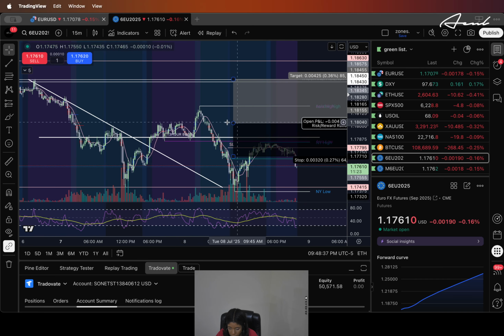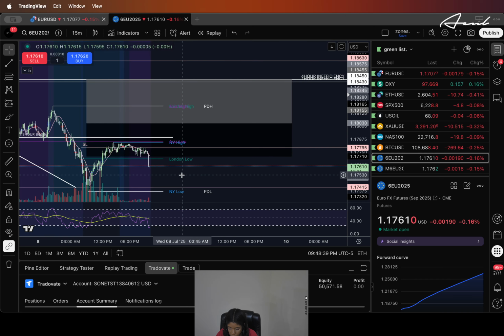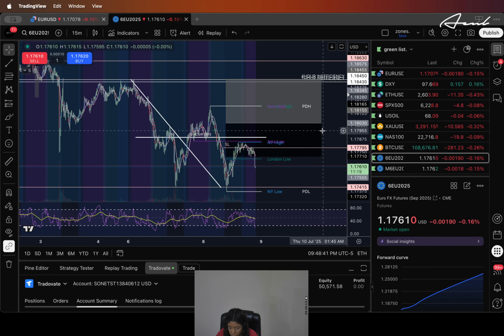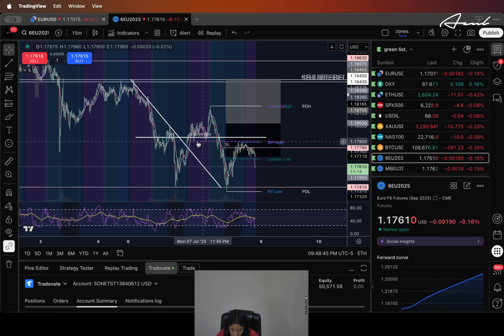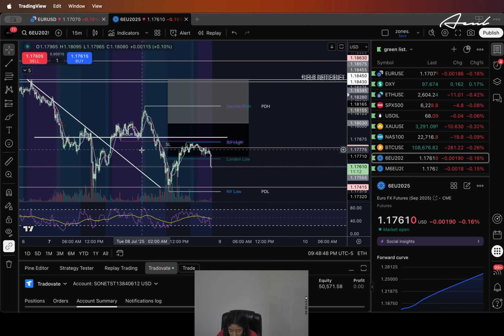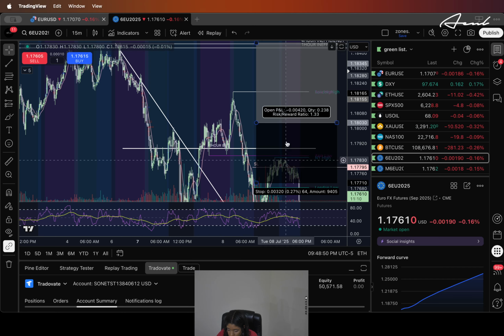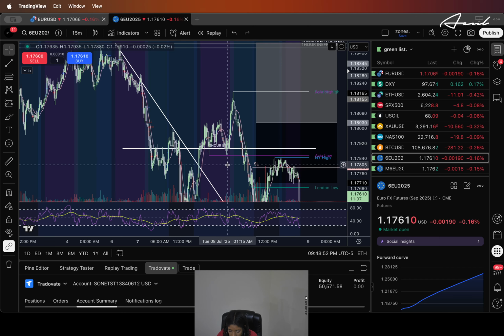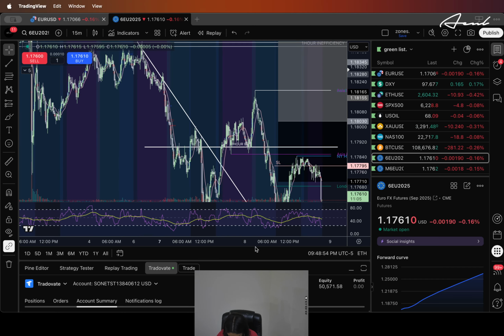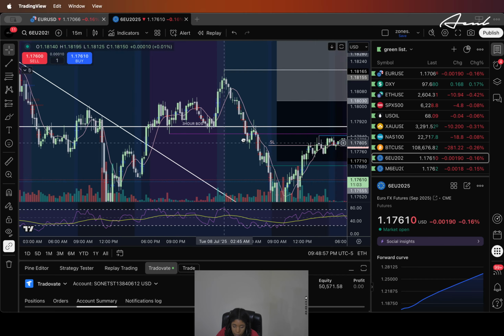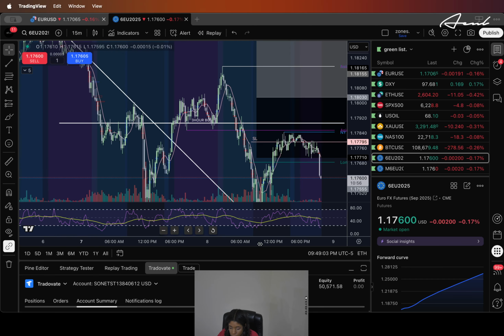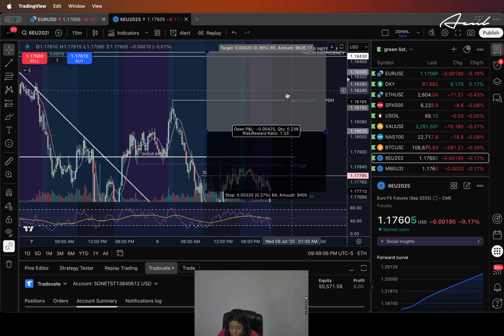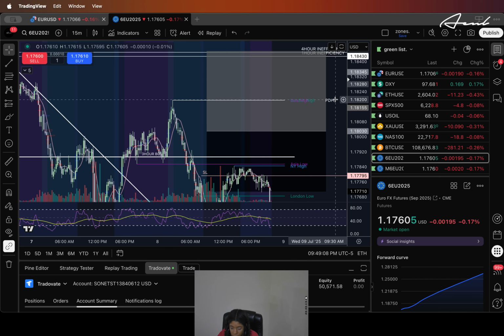As you can see, I obviously have the trade marked up here, but this entry is not exactly accurate, because I took a market order, and I don't think I got in right here. Anyway, I got in around 10, and I did set an alert for price once it got to the London high.